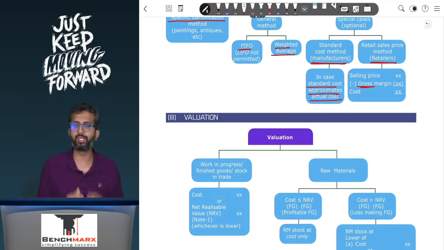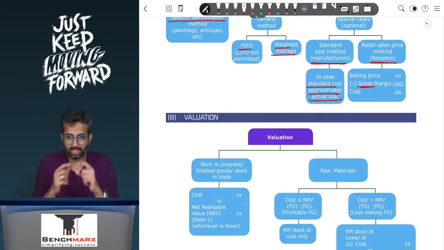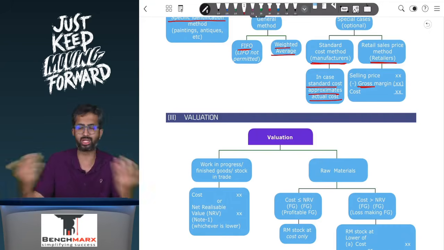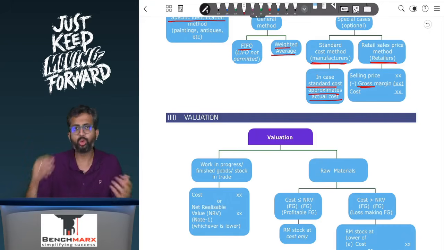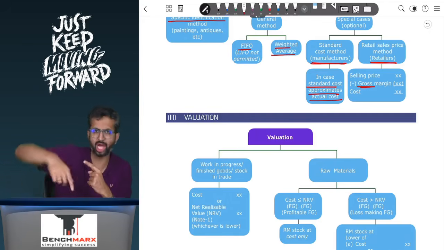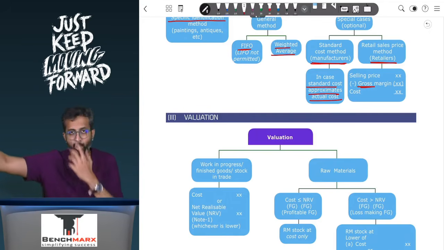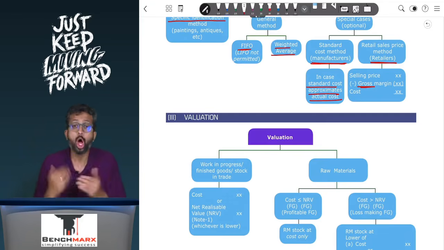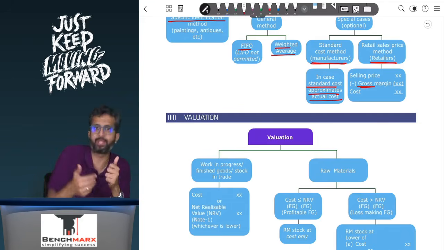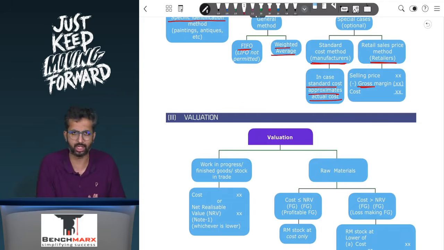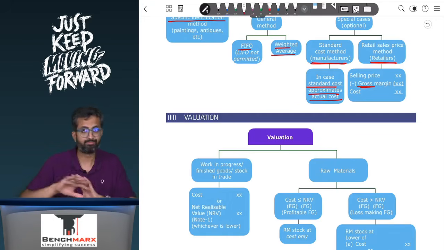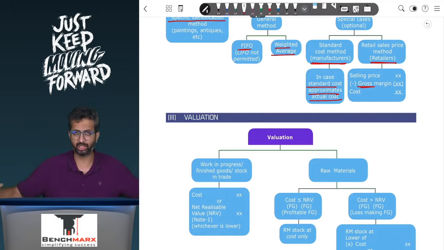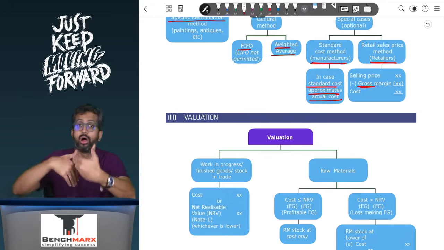However, this is for finished goods. For WIP, it is possible that you have an unfinished car. Now, an unfinished car has no market. There's no NRV. However, if I finish the car and if I sell it, I will get 100 rupees for a finished car, for which again I'll have to spend 10 rupees. So is my NRV for a WIP also 90? Answer is no. Why? Because I'll have to incur another expense to complete. So I will say my inventory is currently unfinished. It is costing me 60 rupees. I can sell it, but in an unfinished condition, I'll get nothing. However, if I incur another 40 rupees,